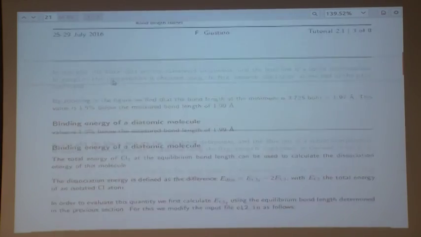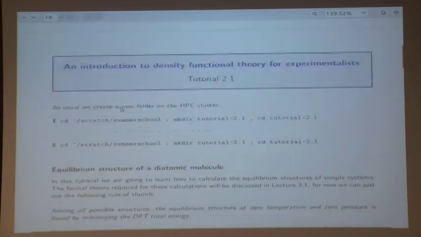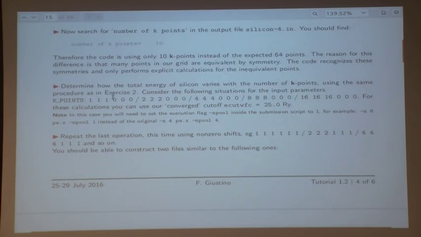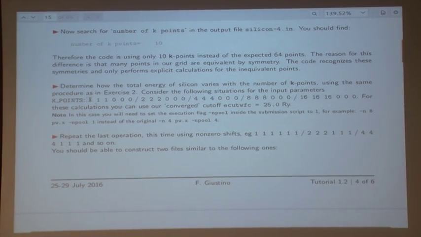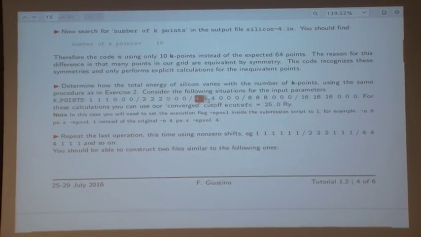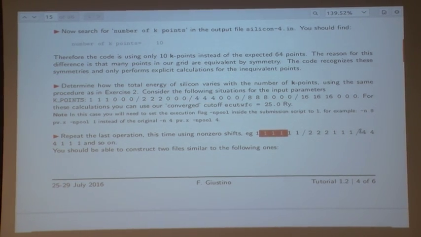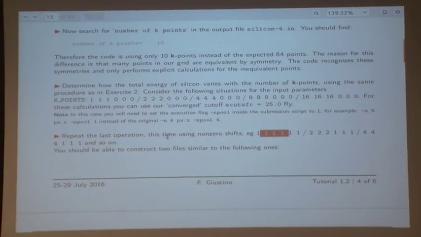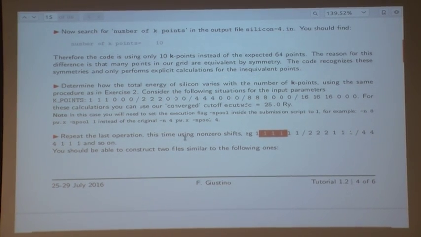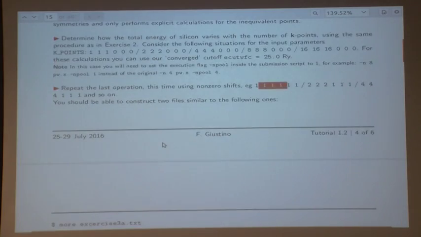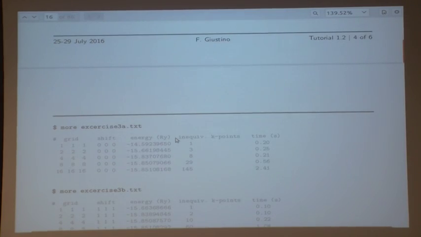So if you go to tutorial 1.2, essentially, one of the exercises was to try for silicon a situation where you do a convergence over the number of K points using 0, 0, 0 everywhere, or repeating the same operation using 1, 1, 1, like 4, 4, 4, 1, 1, 1, and things like that. So that's precisely what you're asking, okay? So the idea was that by doing this calculation, you can discover by yourself what this is doing. In practice, what it does, 0, 0, 0 means that